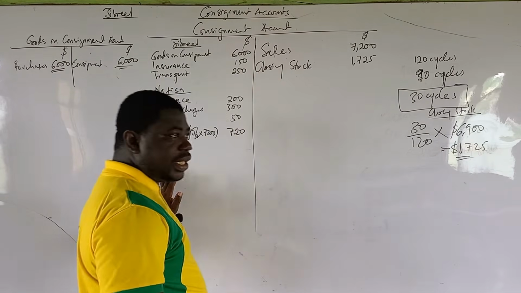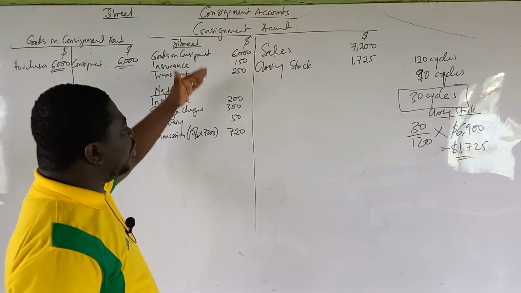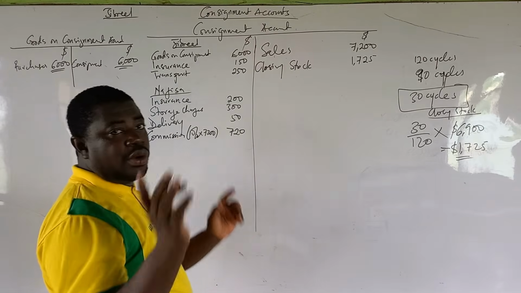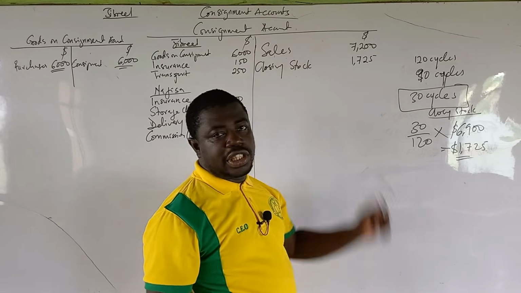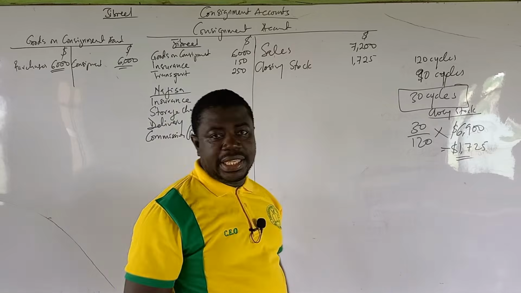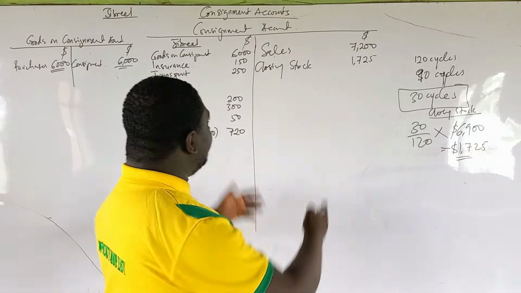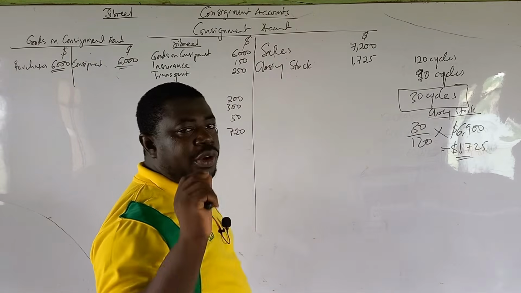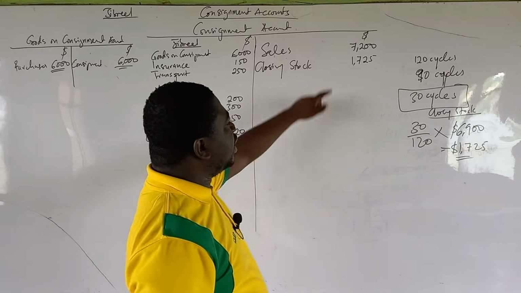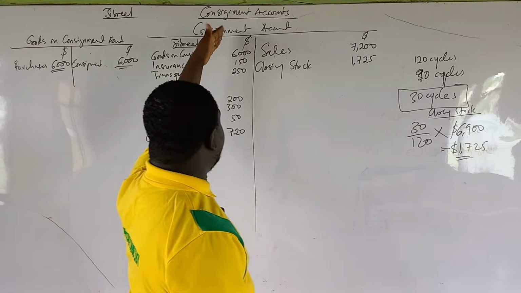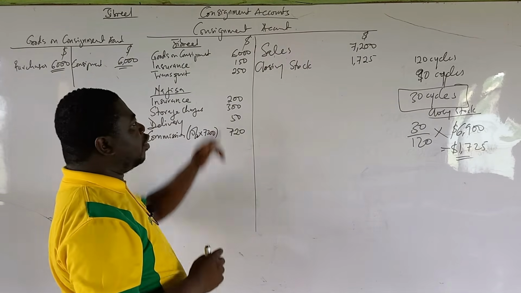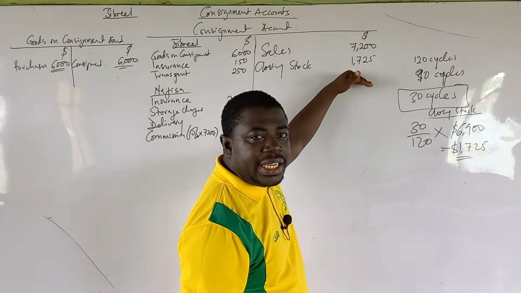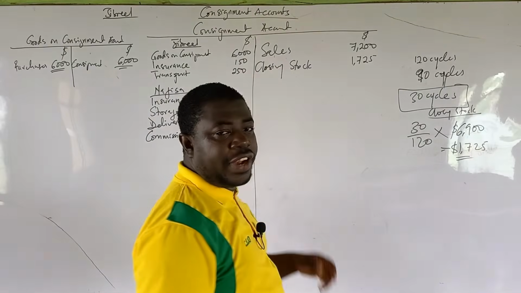revenue against expense. But then the expenses that we have here relate to the whole consignment. At least everything here relates to the whole consignment. But the sales of 7,200 relates to only the 90 out of the 120. So if we compare without the value of the closing stock and we get a profit, the profit we are going to get will not be the correct profit because 7,200 represents 90. The expenses here represent everything. Look at the 6,000 for the whole consignment. Therefore, whatever is left must be added so that at least it will be a true reflection of the profit